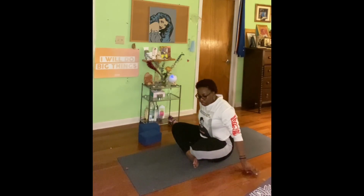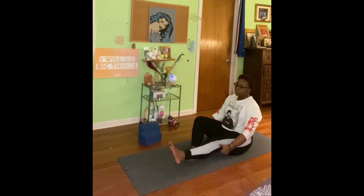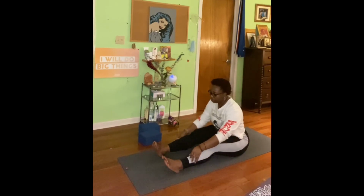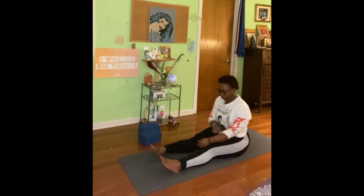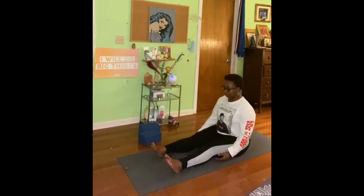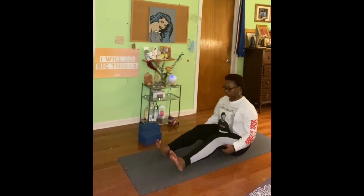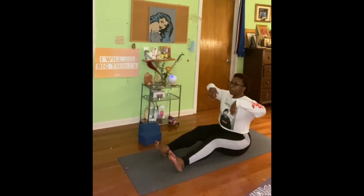Exhaling to bring our hands to the earth as we scoot back a little bit, sending the legs long in front of us. Bending our knees in front of us. We are slowly going to bring our hands up